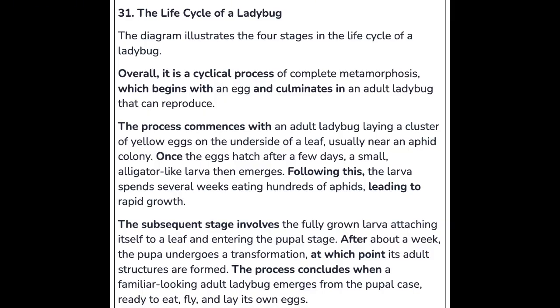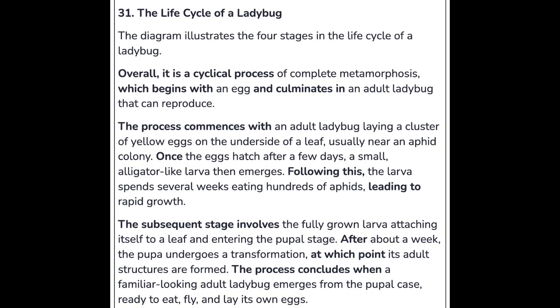Once the eggs hatch after a few days, a small alligator-like larva then emerges. Following this, the larva spends several weeks eating hundreds of aphids, leading to rapid growth. The subsequent stage involves the fully grown larva attaching itself to a leaf and entering the pupal stage. After about a week, the pupa undergoes a transformation, at which point its adult structures are formed. The process concludes when a familiar-looking adult ladybug emerges from the pupal case, ready to eat, fly, and lay its